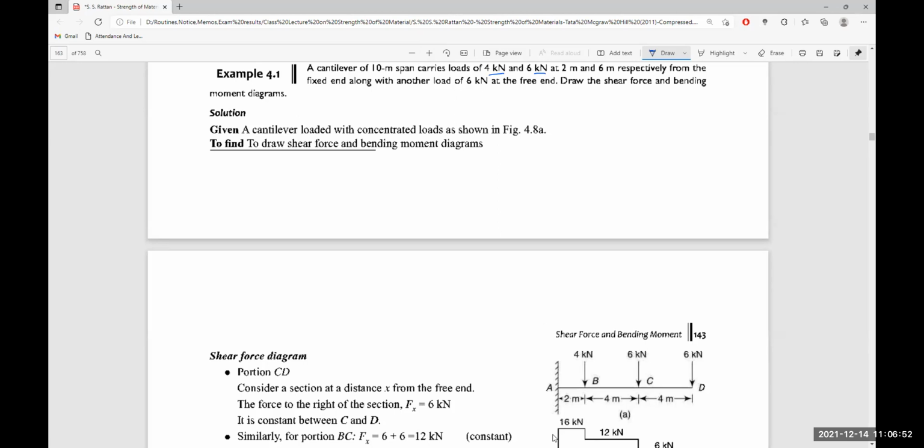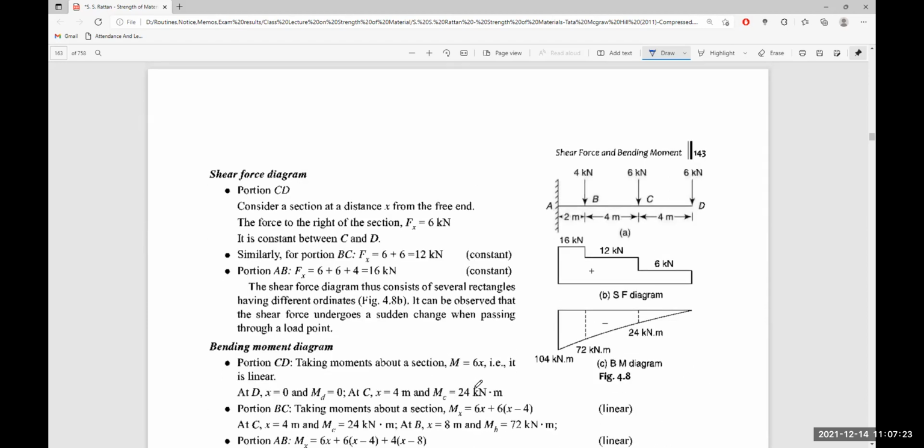So there are 3 loads. At 2 meters away from A, we have a load of 4 kN, then at 4 meters, a load of 6 kN, and another load of 6 kN at the free end, 10 meters from A. So we have to draw the shear force and bending moment diagram. To draw the shear force and bending moment diagram,